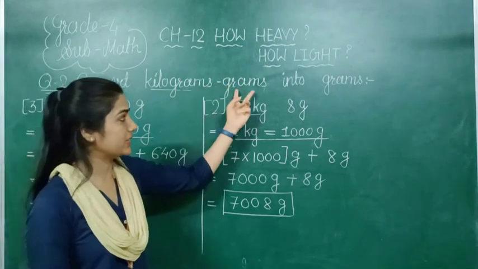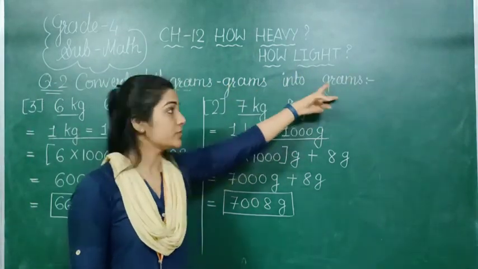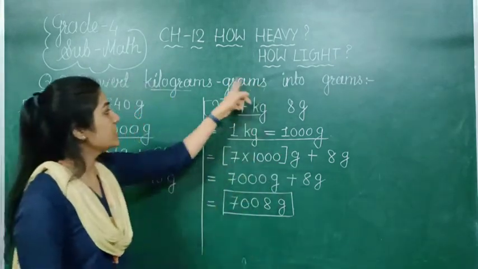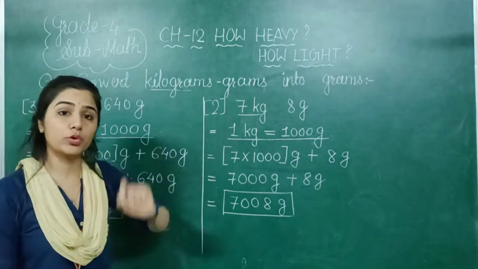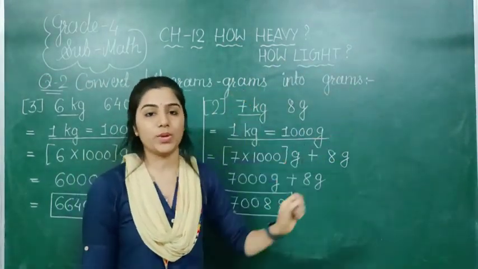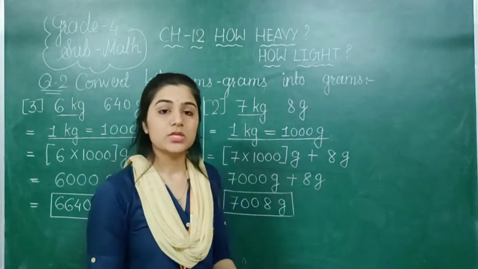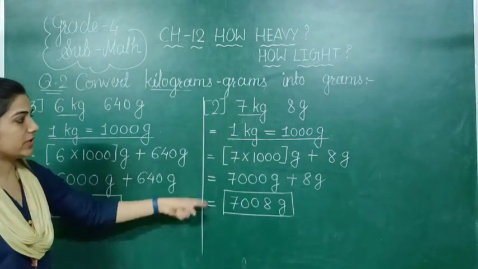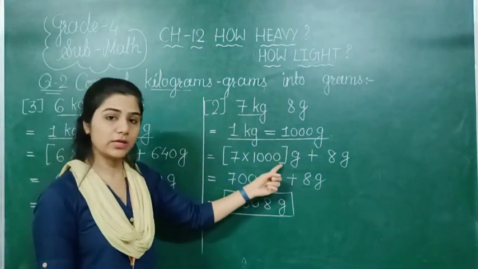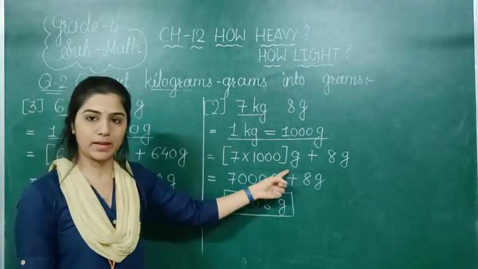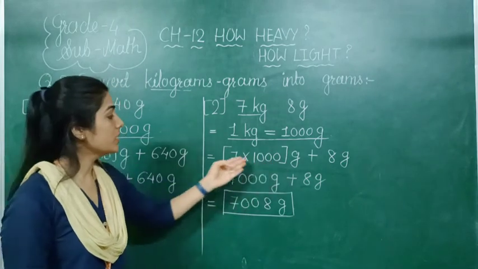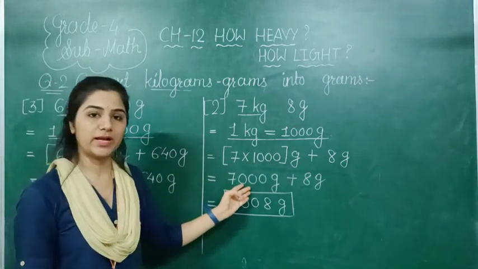Suppose kilograms and grams we are converting into gram. So for this we have done the multiplication. And suppose first is given gram, means we want to convert the gram unit into kilogram and gram, means small to big. So at that time we will do the division. So step by step, as I have written like this, first formula, after that this multiplication in the bracket. It should be mentioned in the bracket only, so you can identify that this step you have to do. So in this format only you have to write all the sums.